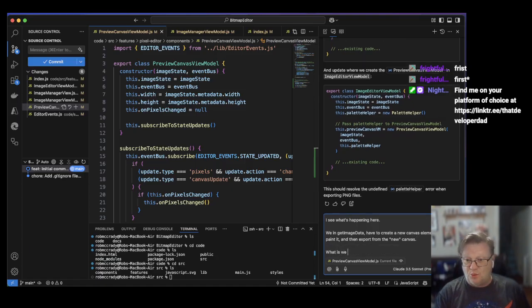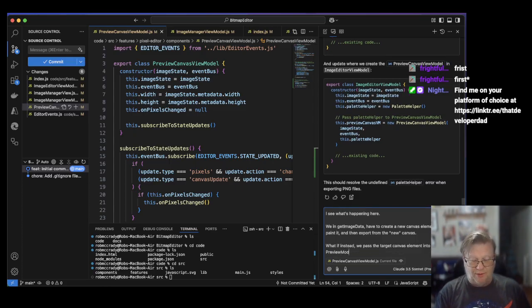What if we instead pass the target canvas element into the preview model,